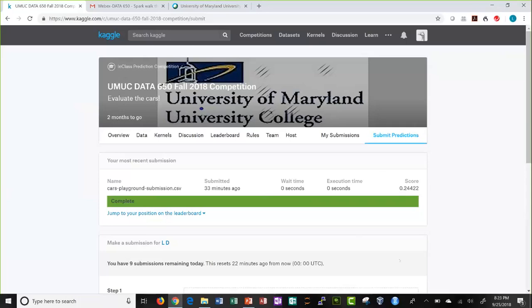But at the end of the competition, after the 25th, it scores the 100%. It scores your entire file and shows you the score. Maybe your score could be very high, but at the end it goes lower, or sometimes it goes the other way. You may not have scored higher, but as soon as all 100% of your file is verified and validated, you may get a much better score. So things can happen that way.